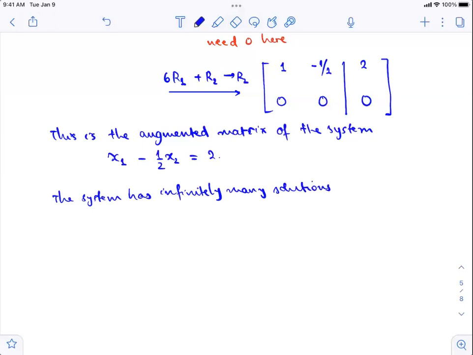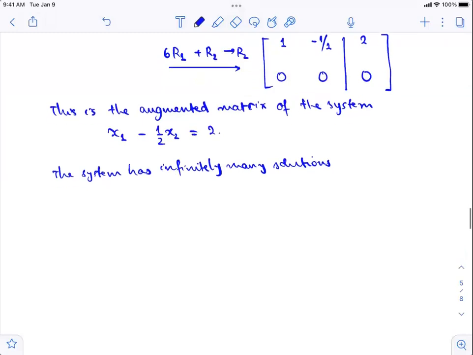Right. And to represent the solution set, what we do is that we're going to solve for x1 in terms of x2, and x2 in this case is called the free variable. It's free because you can choose x2 to be any number that you like, and x1 depends on the number that you choose. All right, so to represent the solution set,